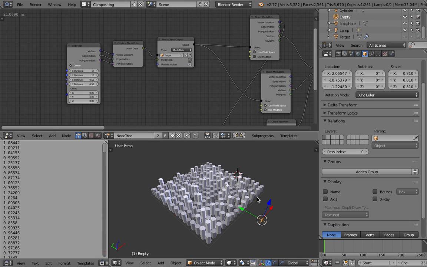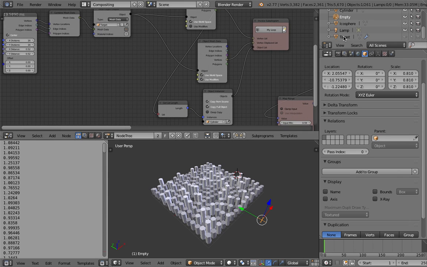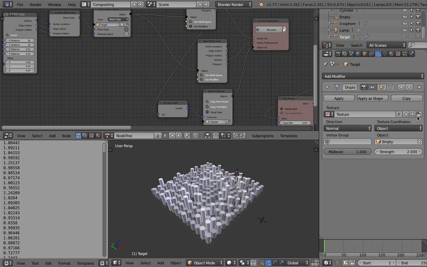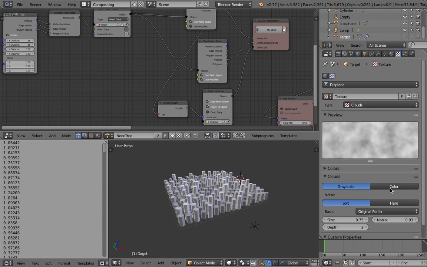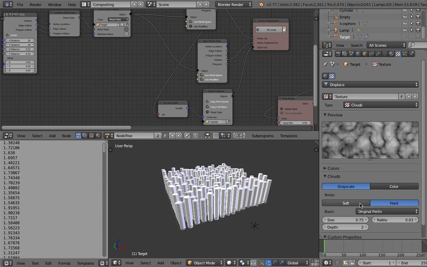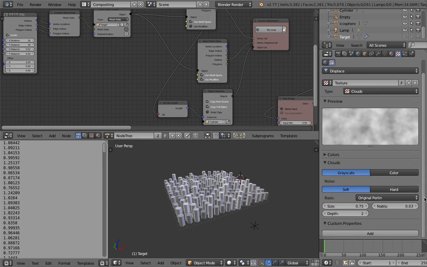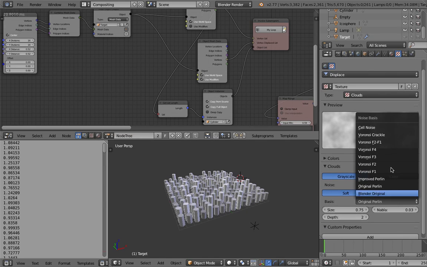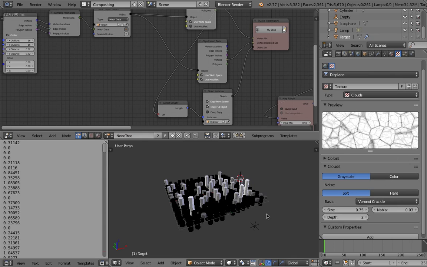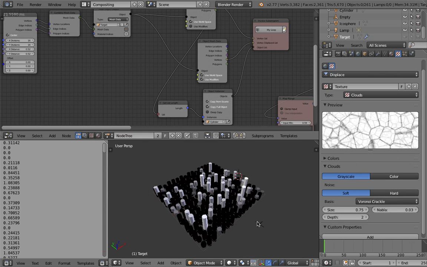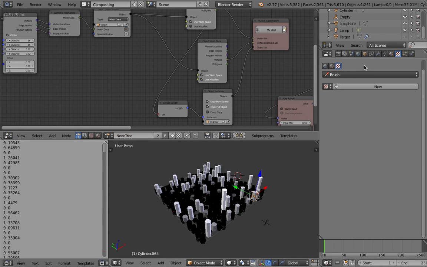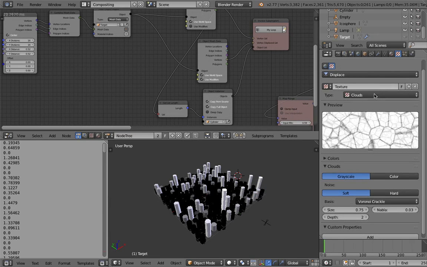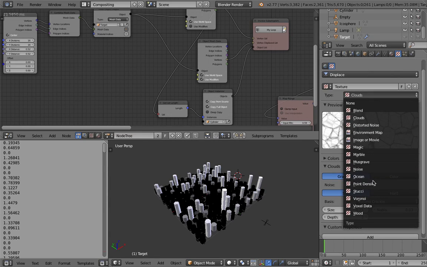With the texture, if we select our target object and look at the texture, at the moment it's cloud. It's like that. We can actually change it, it's real time. That's what I like about procedural, it's real time, and you can change the texture and it will update in real time. My favorite is not cloud. Cloud is also cool, but I like wood,